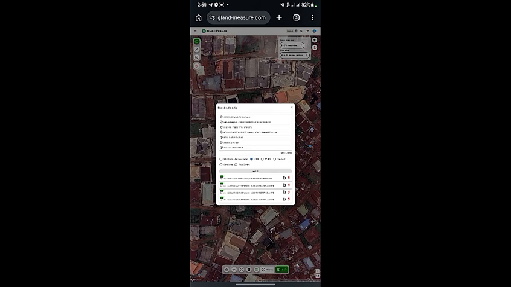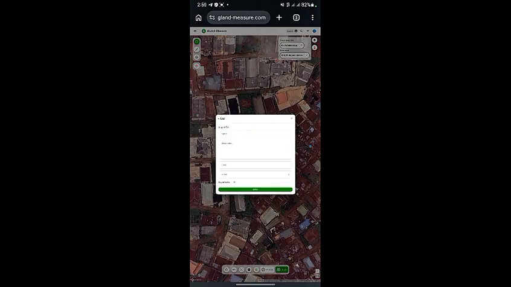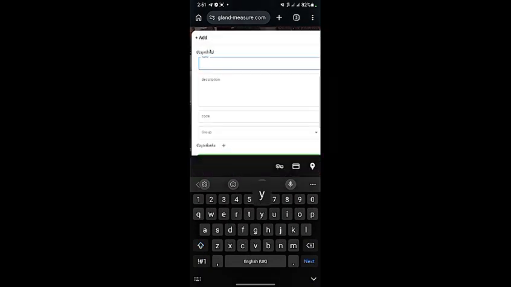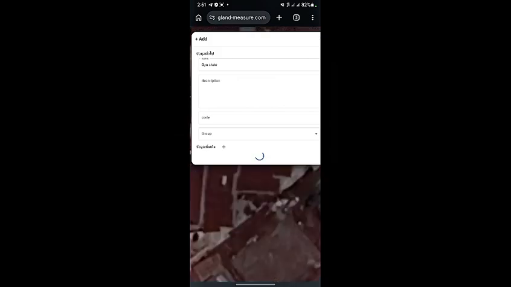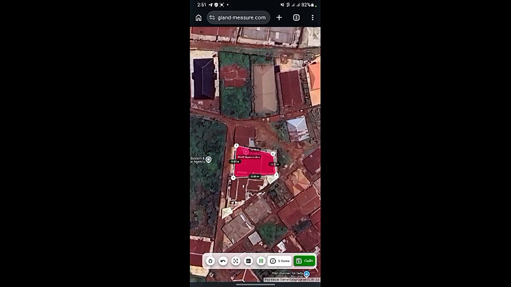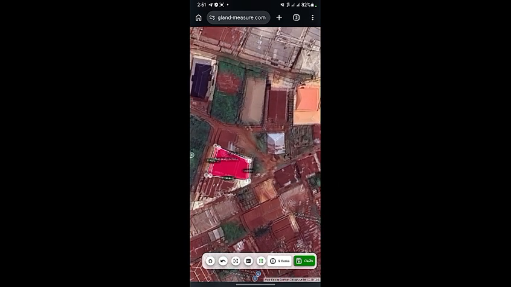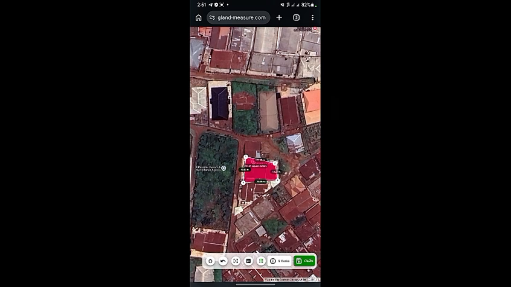And when you are done with the acquisition of those places, you click on save, which is in green here. You save that particular information, and I'll name this Oyo State. So I'll click on save. That has been saved, right? Now what I'll simply do is, after saving this particular information, when you click on this,